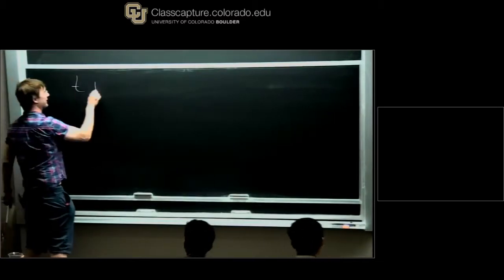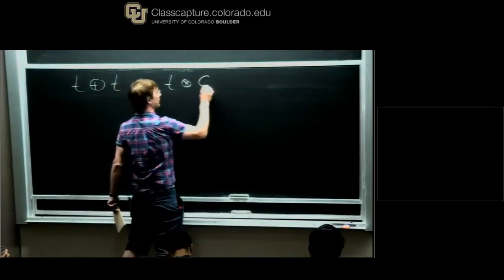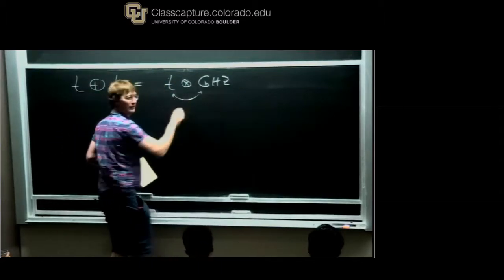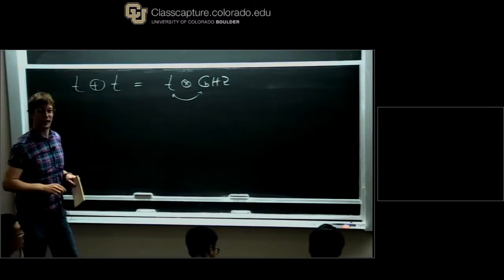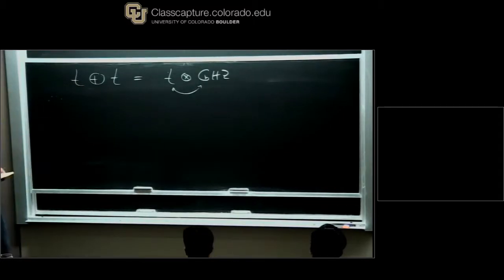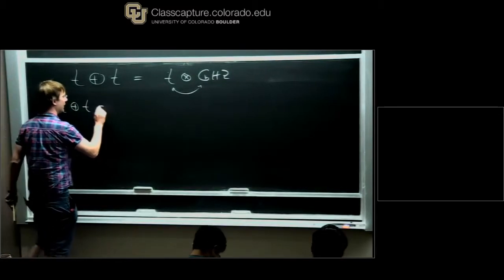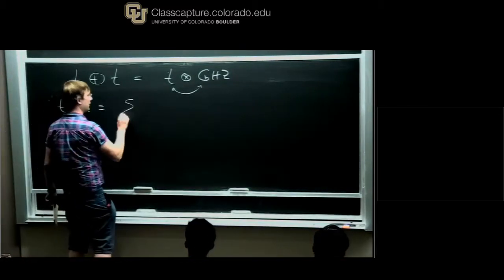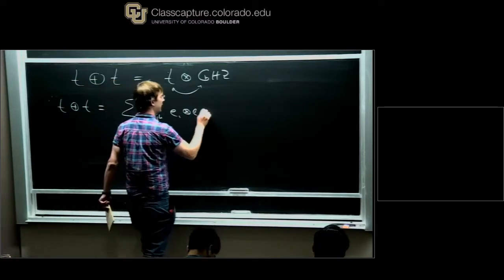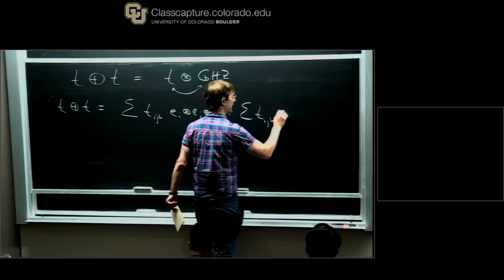Okay, so the exercise was T direct sum T is equal to T tensor GHZ. And you were remarking that maybe these should be swapped. That was your point? Okay, yeah, that may be true. But it doesn't really matter so much. So let's just try to solve it. So what's the left-hand side? Right. So we start with T direct sum T. And what does that mean? Well, it just means the sum over Tijk ei tensor ej tensor ek plus the sum over Tijk